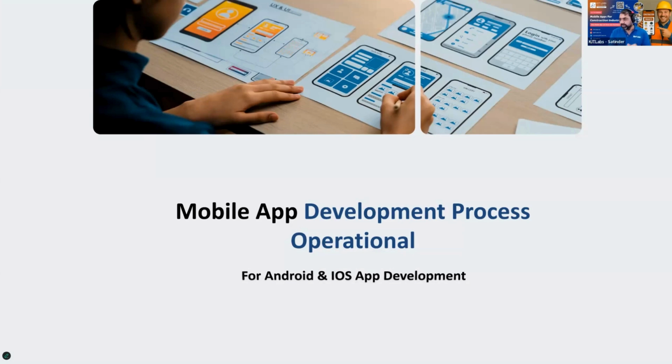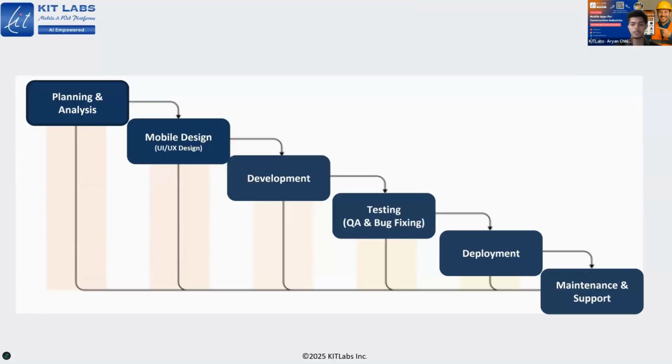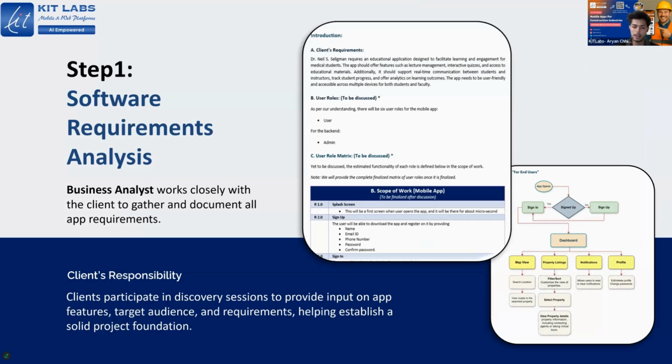We want to quickly walk you through, in a few minutes, what the mobile app development process is. And I will request my partner, Aryan, to quickly walk us through the process. Thanks, sir. So going through the mobile app development process, it's a step-by-step process from planning to maintenance. First is planning and research. The process starts with planning and research. This phase mostly involves identifying the app purpose, target audience, and key features.